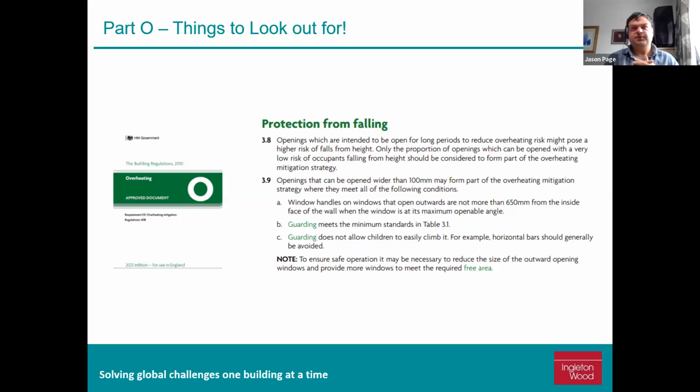But on upper floors, we can potentially get around this by looking at things like inward opening windows. Any tilt or turn windows opening inwards would have its handle internal and therefore would comply with 650 mil beyond the face of the wall. Therefore, we'll be able to open it to 90 degrees and get full ventilation through that window. Good news for ground floor, which is rare. You can assume that windows can open to 90 degrees and all doors except the front door can open to 90 degrees, so you can have full ventilation.